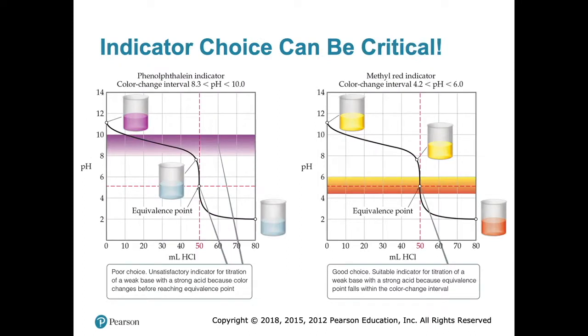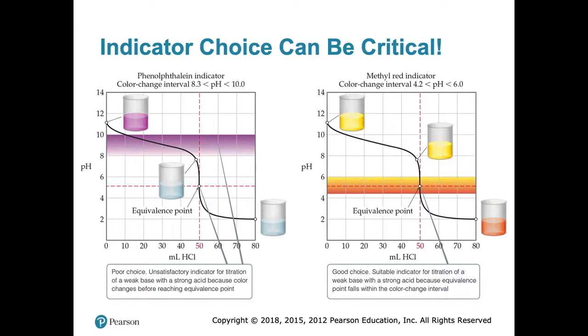This is a different one. Here we have the equivalence point for whatever this acid is. I'm not sure what this acid is, but for this particular acid, the titration curve has the equivalence point in a more acidic region, and so phenolphthalein is a bad indicator for this. But now we can use methyl red, because methyl red has a good color change exactly in the middle of where the equivalence point is. So for this acid and base titration, methyl red is a good indicator.